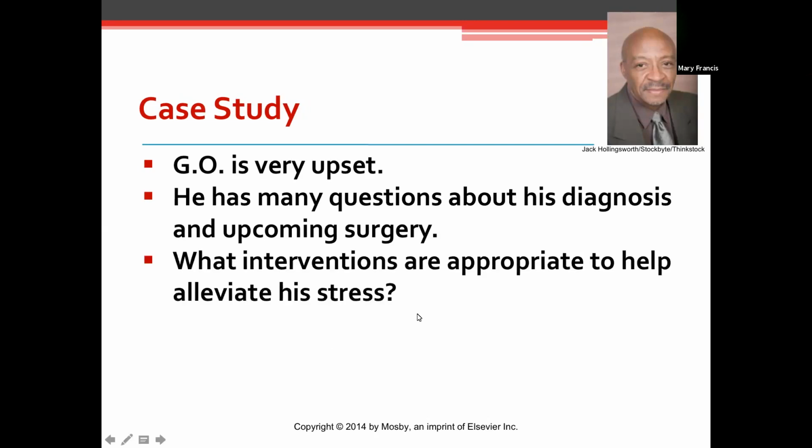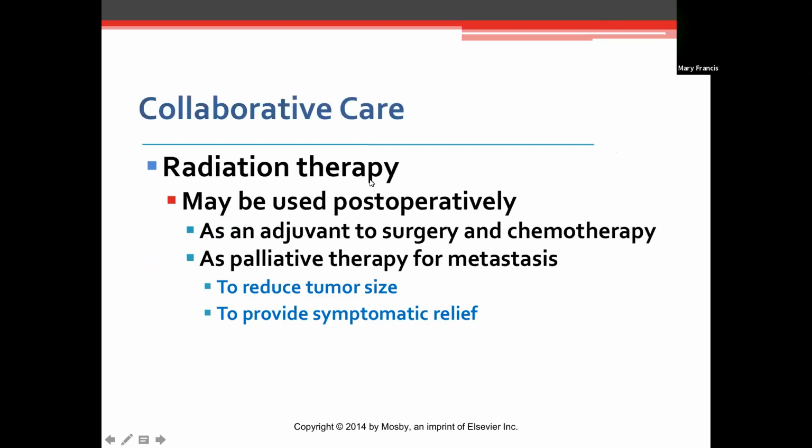Well, I really believe that the first thing you should do when you have someone going to surgery who is very worried is to give yourself enough time in order to teach them. If you are rushed and feeling very hurried, they're going to sense that, and that will increase their anxiety. First, determine what his questions are. Answer anything you can, and if you're not able to, see if you could get the surgeon or someone who is better equipped to answer the questions.